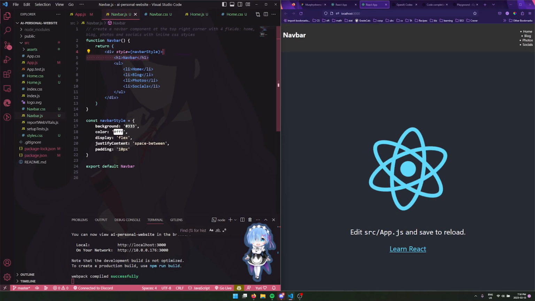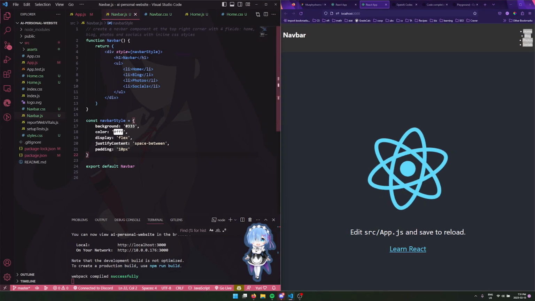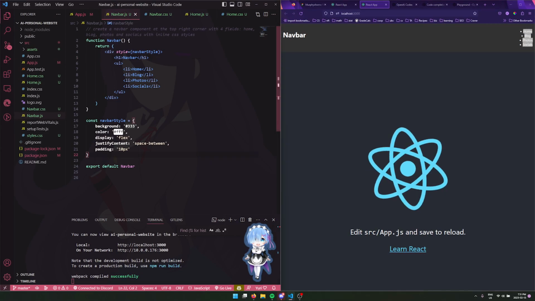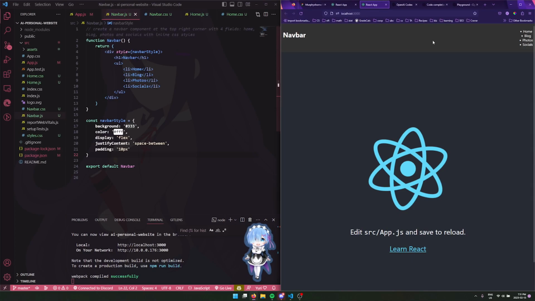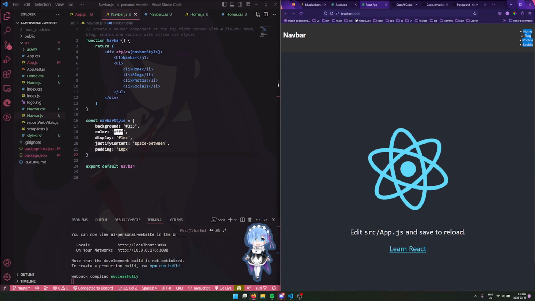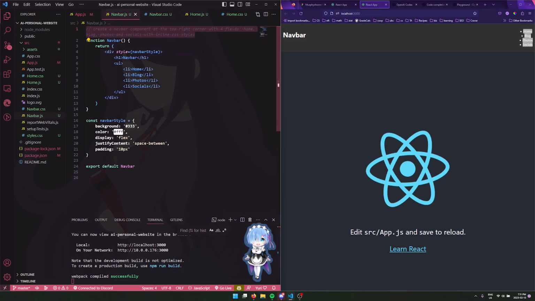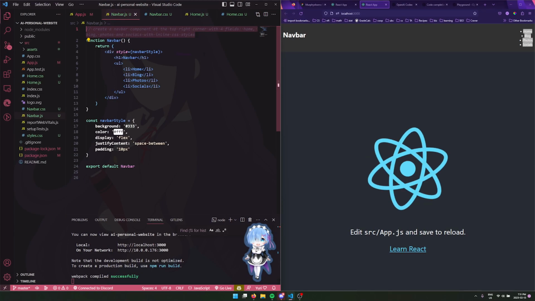I guess it's relying on this navigator bar text to push it all the way to the right, which is really funny. And it did randomly just decide on these colors. Not that I have anything against it, but again, these are not clickable. You would have to make that yourself. So obviously this is not complete code. It's not gonna run perfectly the first time, so don't be worried about AI taking over your jobs.